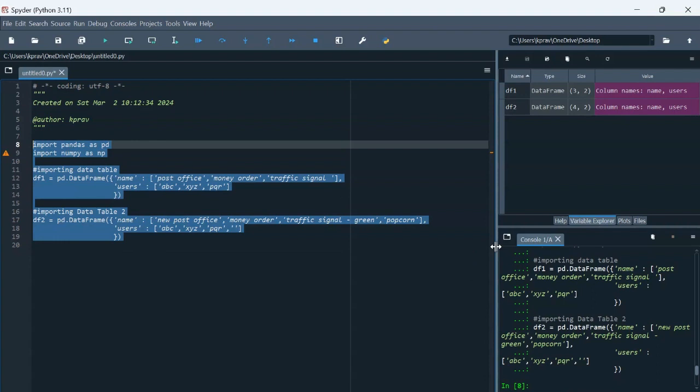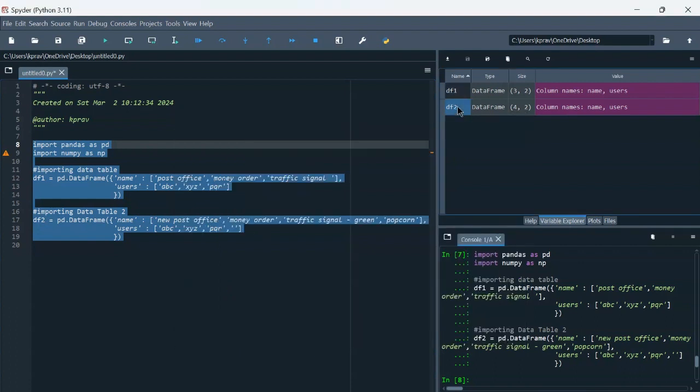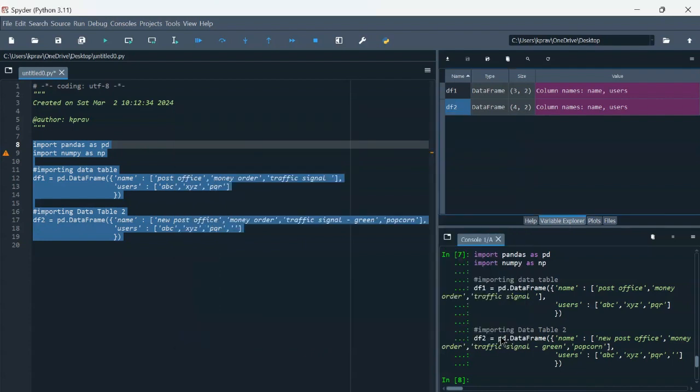So when I hit F9, we have our two data frames. This is the data frame that we are going to search for, and we have another data frame which has to be searched, and created a new column over here. So first, let us